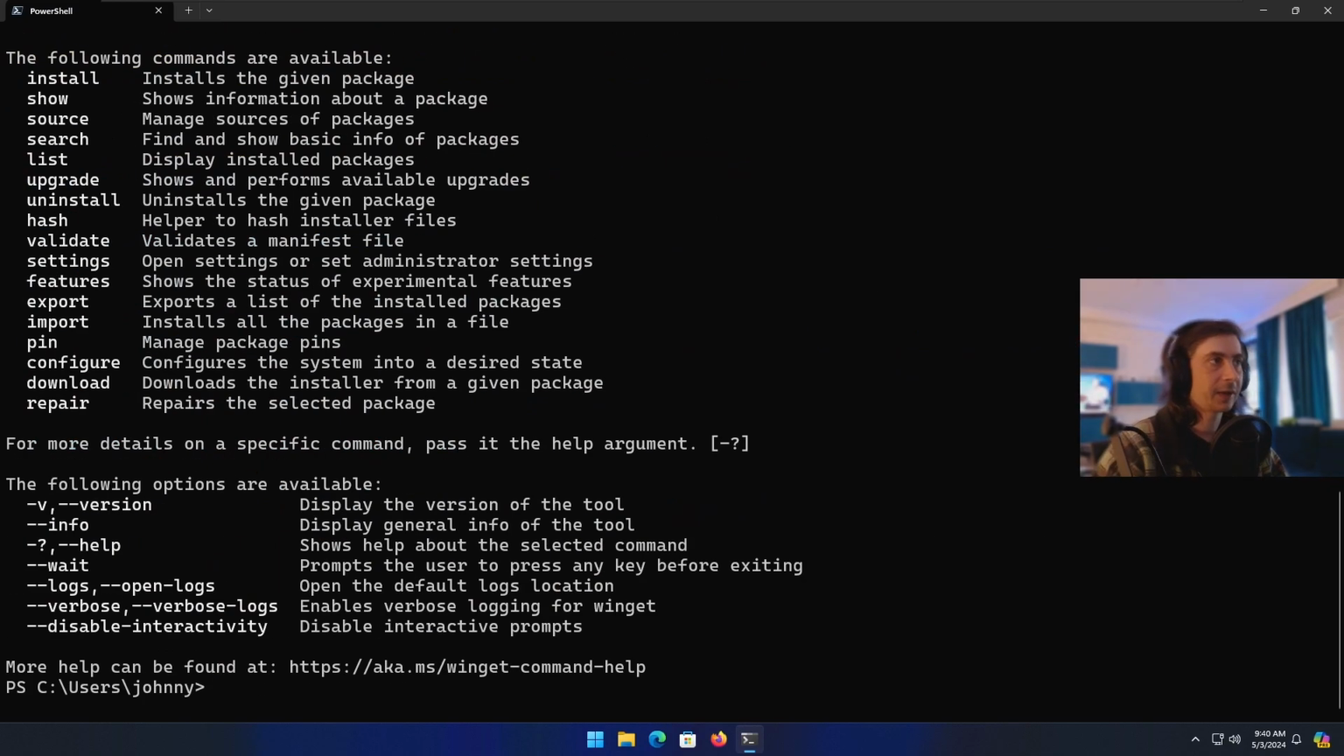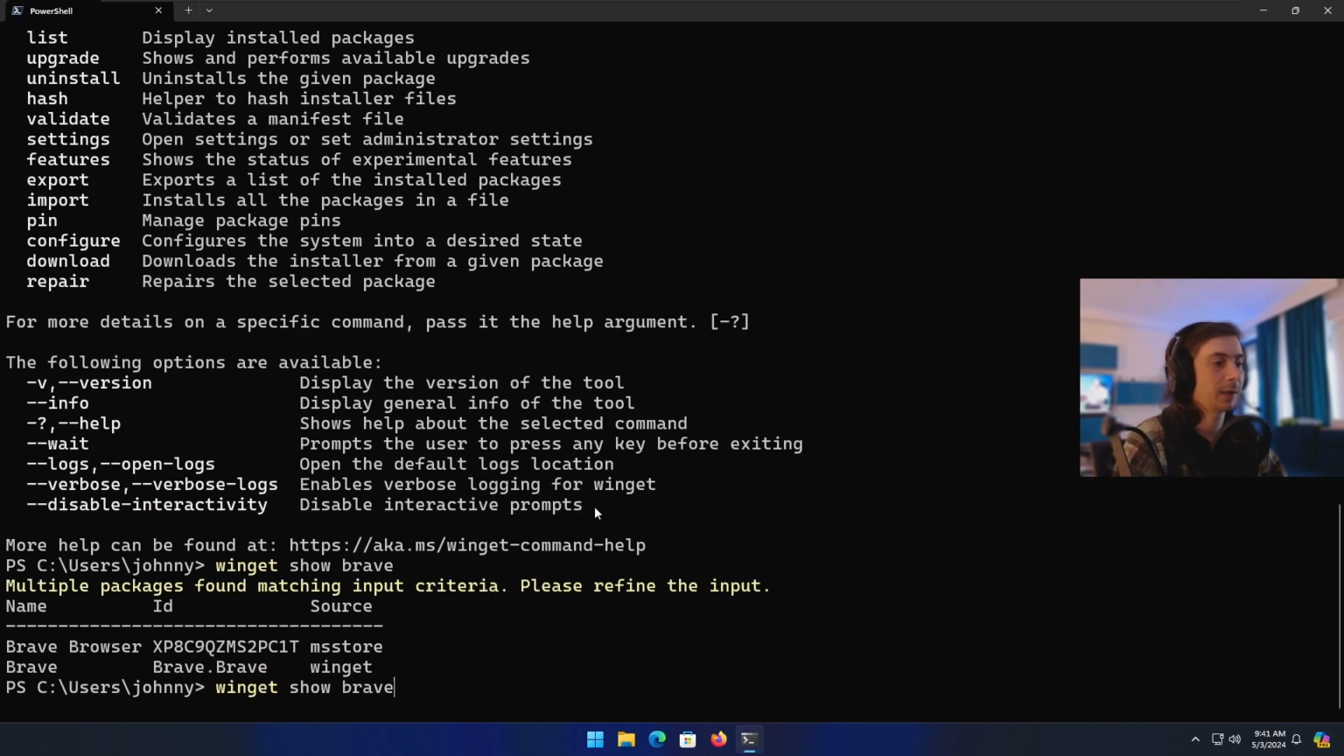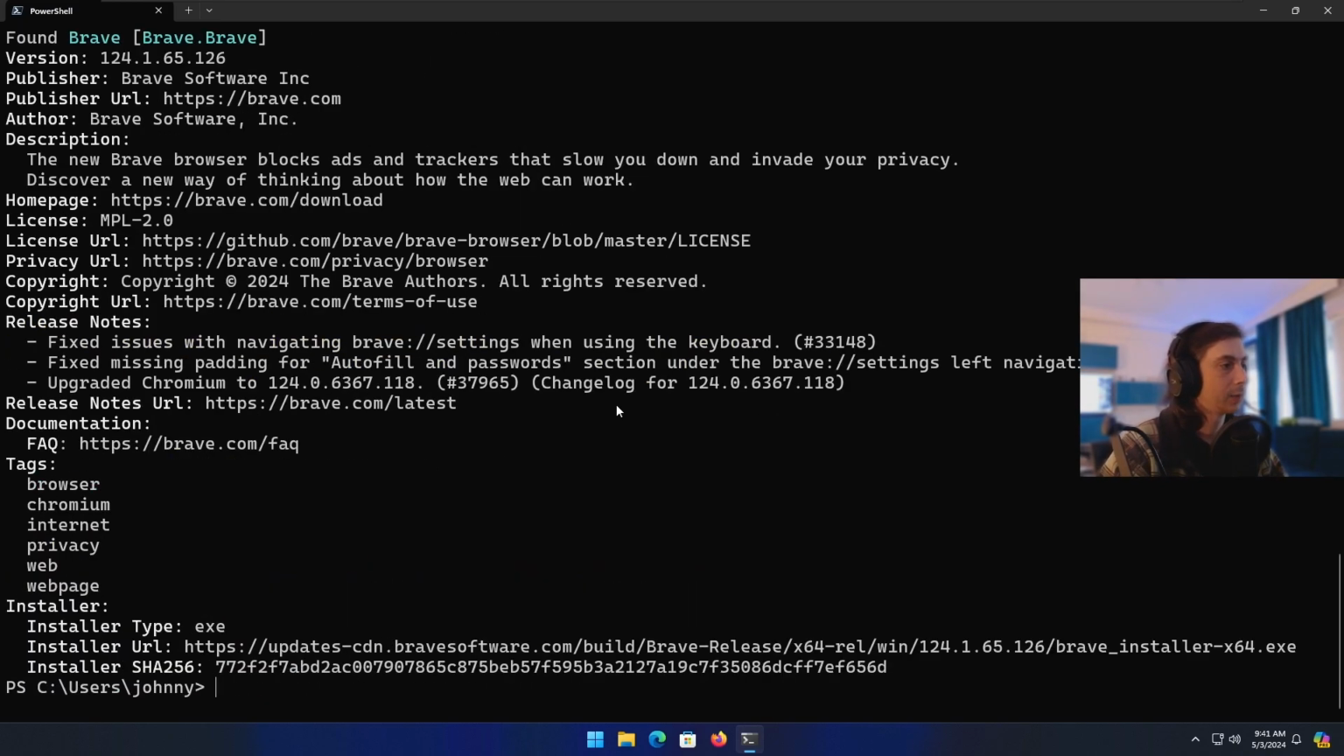Winget itself can do a lot more than just this. For example, one of the simpler ones is showing information about the package. So we can do Winget show Brave, and it's going to show you info about the package. Well, I still have to give it a source. I want the package from Winget. Show me that one. And it shows you the tags of the application, some documentation, apparently some release notes,